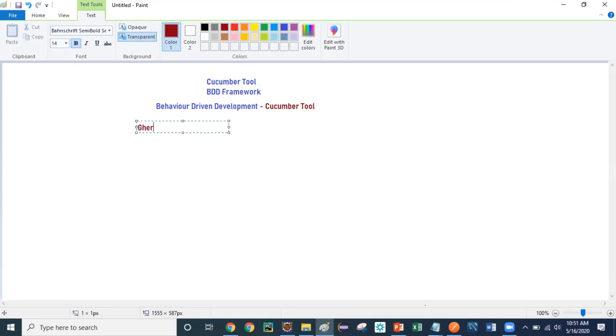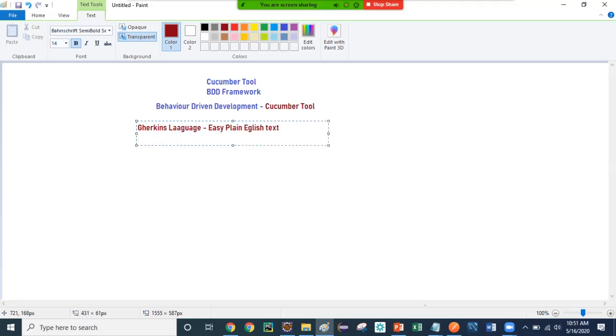use of the Gherkin language. And when I say Gherkin language, that means easy plain English text language. It's very simple. And why did people introduce Cucumber in BDD? Because they want their business analysts and their manual testers to be a part of the automation suite. So over here, how will they get involved? They will write the feature files. Again, what are feature files? I will let you know. So this is basic. This is Cucumber and the BDD framework.